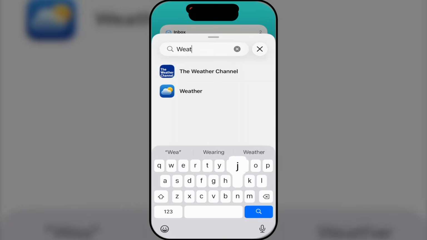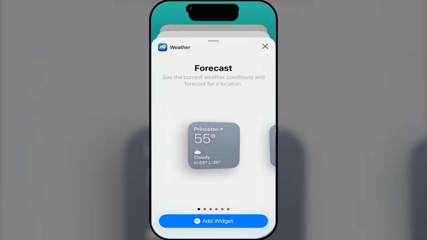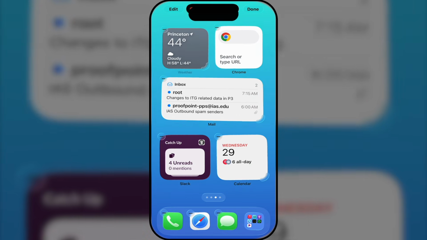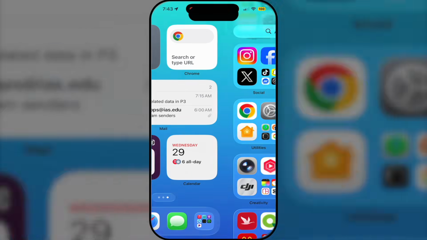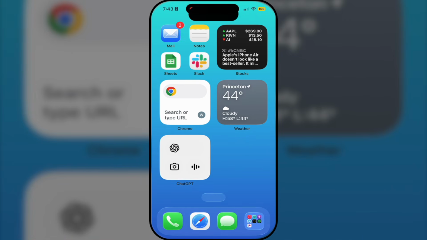And I do like to have the weather available to me, so I'm going to use weather and hit add widget, and now we have completed my widget list. So if I hit done, now we have my widget set up. Now if you notice on the other screens, let's go back to my original screen here, you notice I have